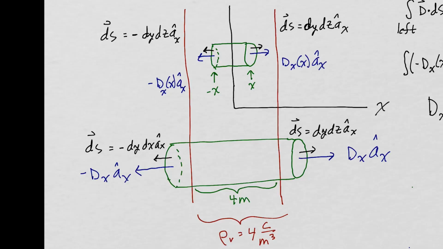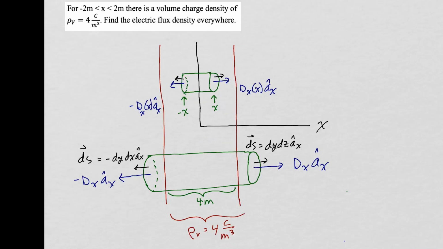And we'll find it depends on x when you're between -2 and 2 meters in the x direction, but when you get outside of the charge distribution, the electric flux density field will be independent of x. We will need two Gaussian surfaces, one when x is less than 2 meters and one where x is greater than 2 meters. So when x is less than 2 meters, as x increases, the amount of charge enclosed will increase. And once x is greater than 2 meters, the amount of charge enclosed will have a fixed value.